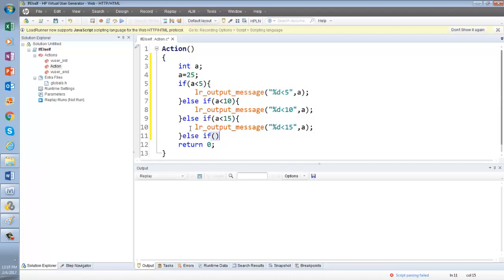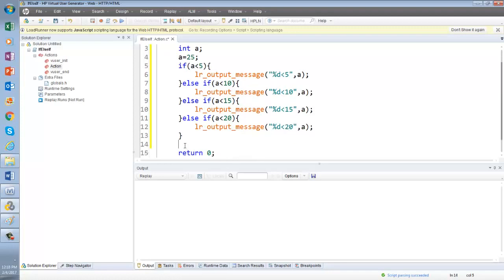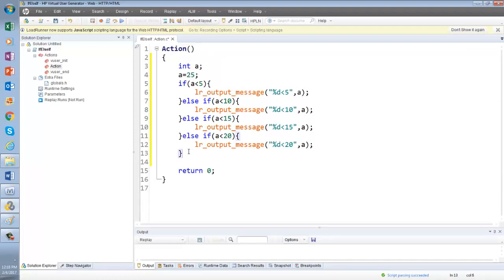Actually what I can do, I can just copy this block, paste it. Right, a less than 20, then it will be saying 40. And let's say else if less than 25.